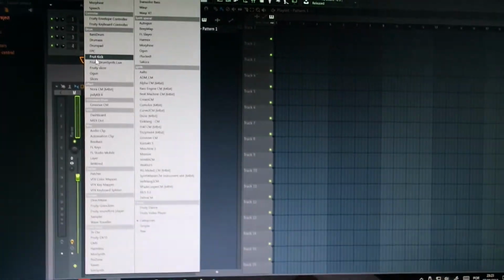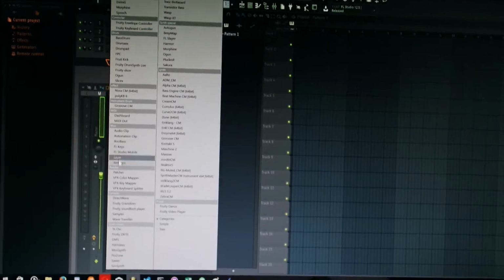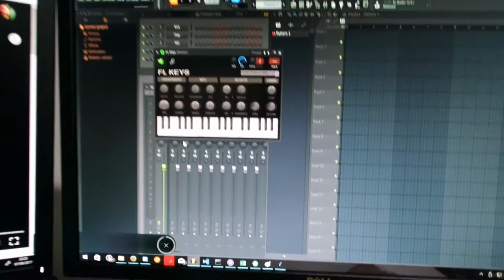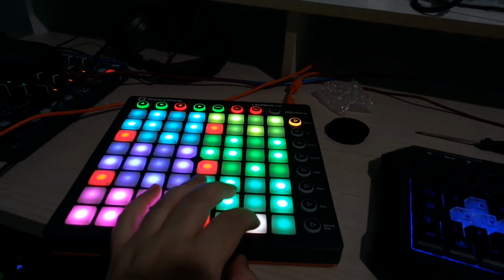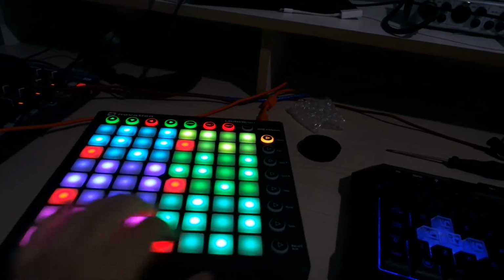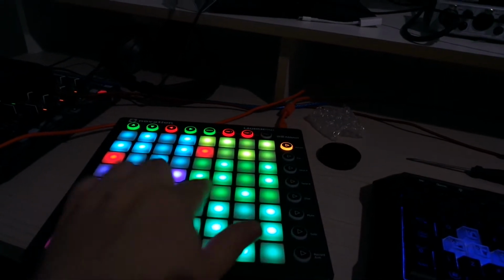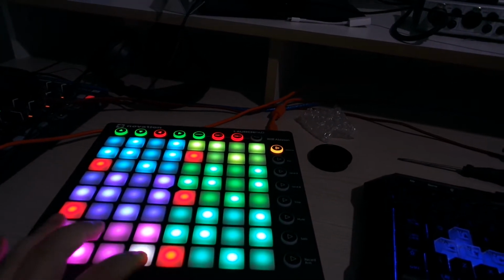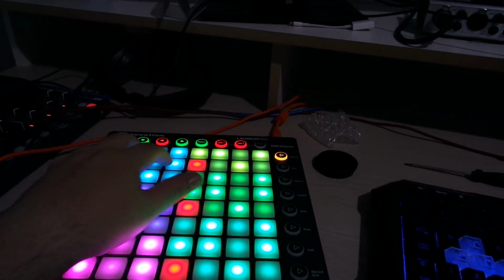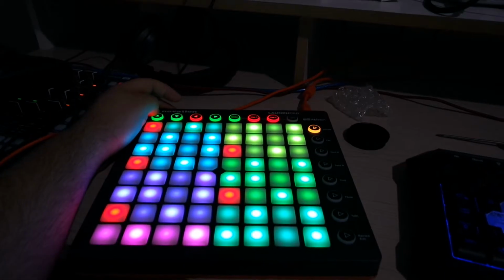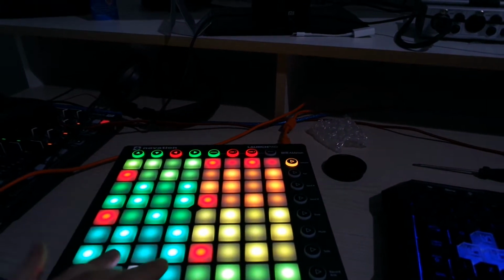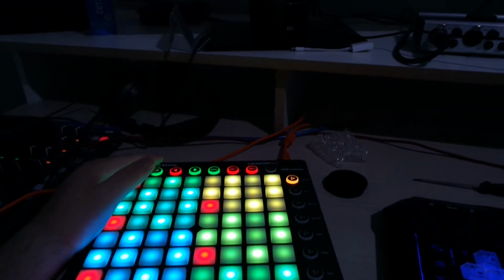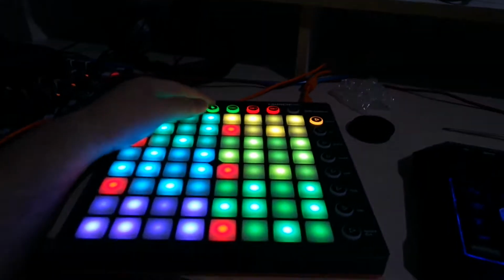Let me insert an instrument over here. Let me get FL Keys. So you can see FL Keys is selected, and as I press the keys, and as I slide the keys, you can see. Aside from that, if I change the root note,